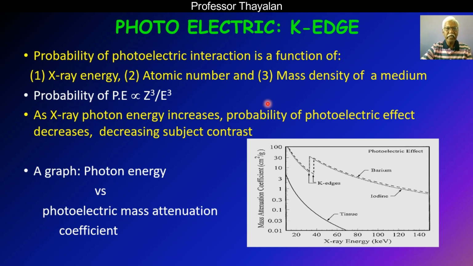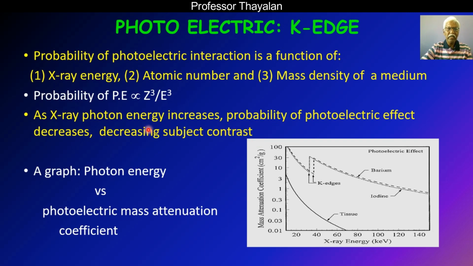Let us discuss what the K edge is. The probability of photoelectric interaction is a function of X-ray energy, atomic number and mass density of a medium. The probability of photoelectric effect is proportional to the atomic number cubed and inversely proportional to the energy to the power of 3. Therefore, as atomic number increases, the probability of photoelectric effect increases. As the energy increases, the probability of photoelectric effect decreases. So, as X-ray photon energy increases, the probability of photoelectric effect decreases,